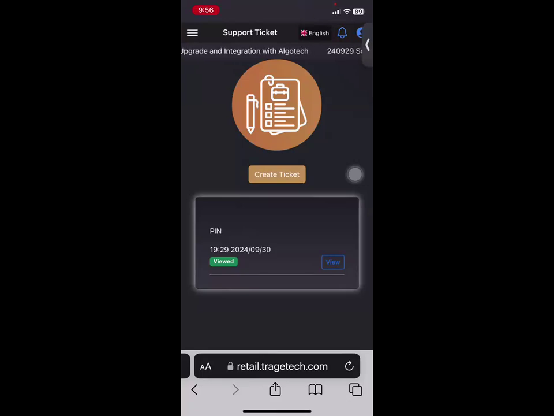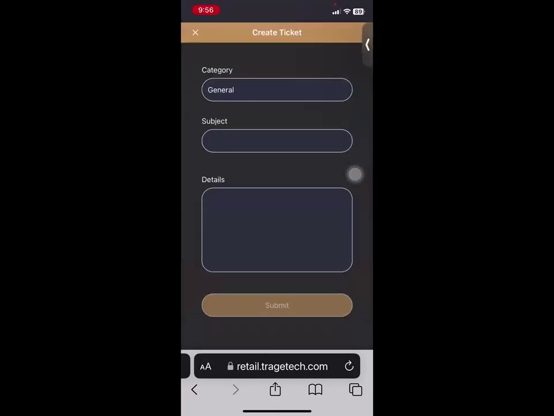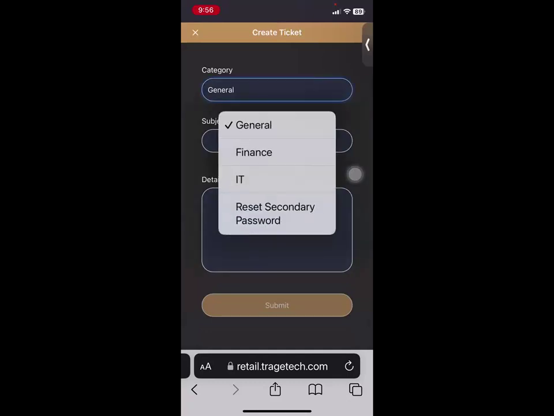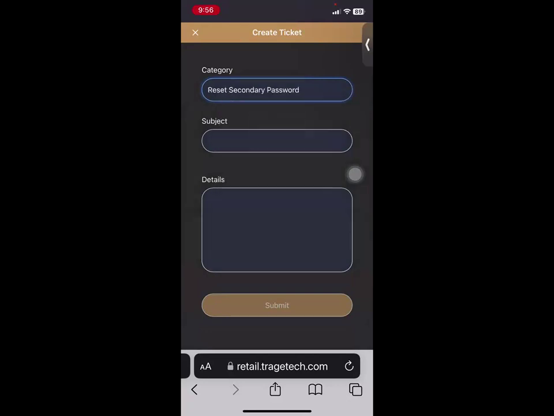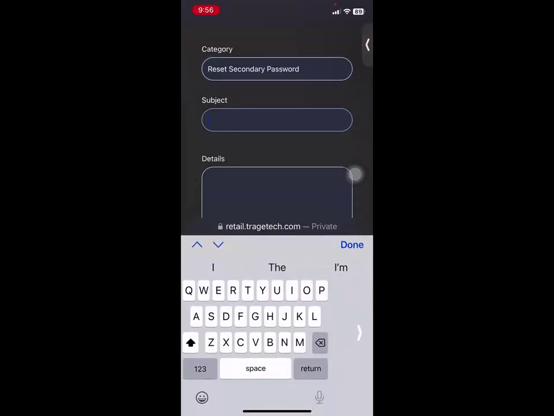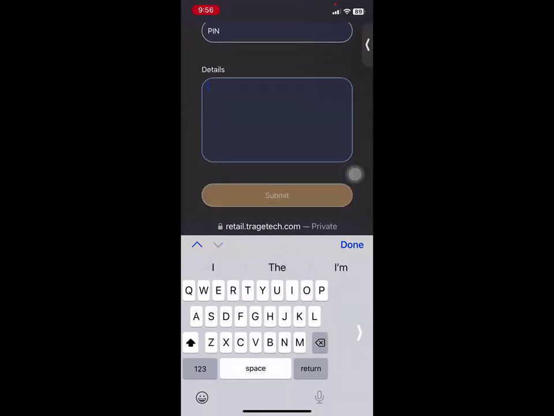Click the create ticket, and there we just need to select the reset secondary password, and then we just need to put the subject as PIN, and then tell them the details, tell the story of what happened to your PIN, then just click submit.